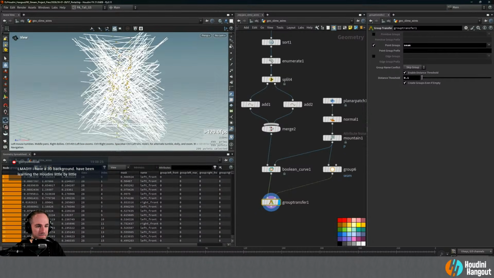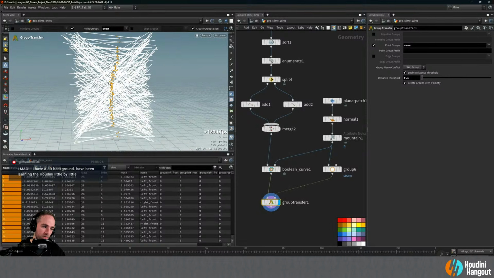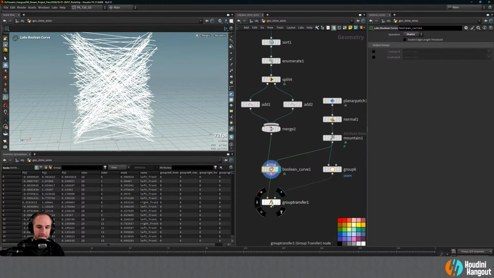Okay, so there's our seam group. We're going to use that because that's where we're going to want to stitch together, right? That's where the vellum pieces are now all broken apart, so we need to stitch those back together within vellum. So yeah, let me think here. Oh, yes. The other thing that we probably need to do,